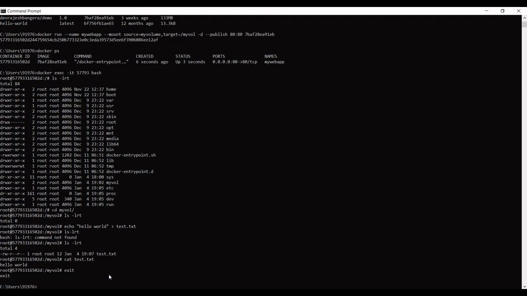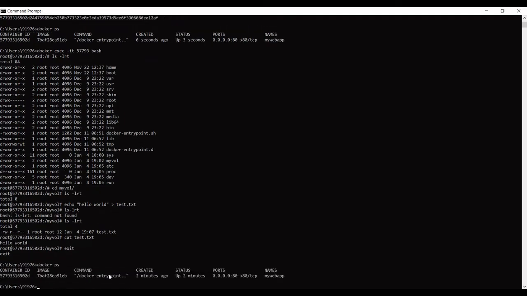We are out of the container. We still have this container running. We will stop this, and then the container name. We really don't need to provide the entire container ID.